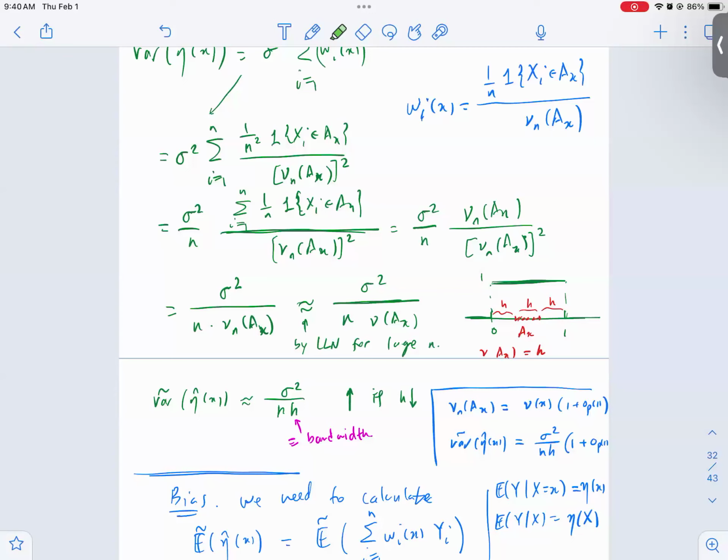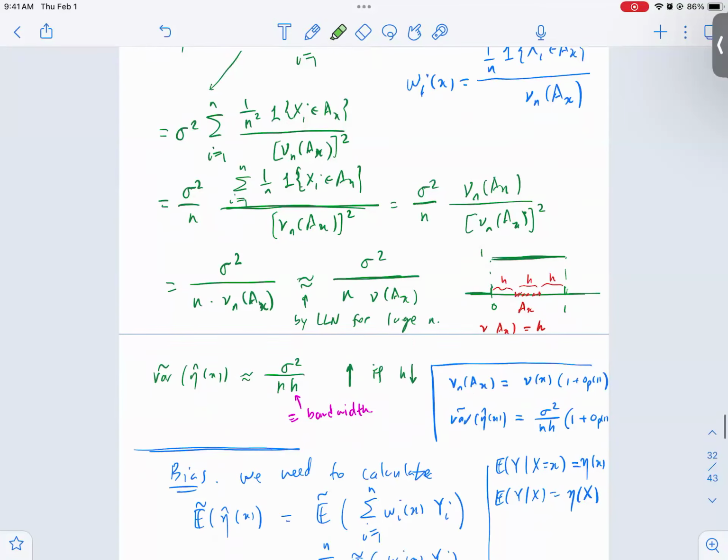As h goes to 0, this goes to infinity. It makes sense: when you make h smaller, there are fewer points. Remember, this is basically the fraction of points that land within A_X. As I make the cell smaller, a smaller number of points land in there. The proportion of points that land in that cell is h, so the variance is sigma squared over n times h. This blows up as h shrinks, so you want h to be large, to capture more points and lower the variance. On the other hand,